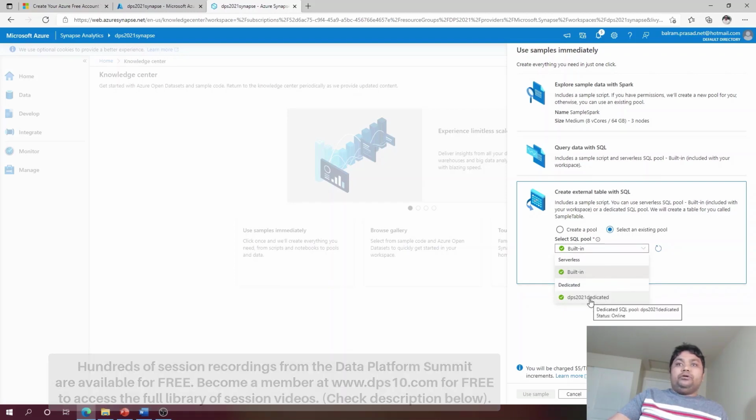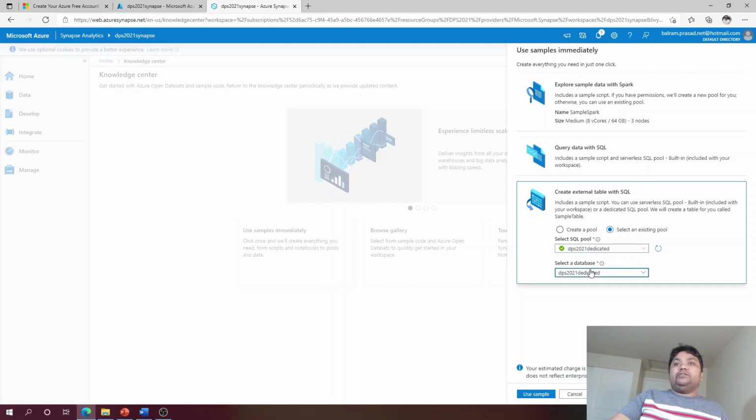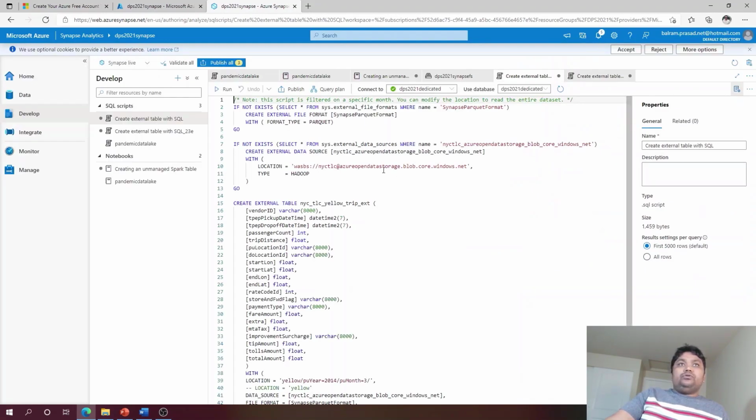We have two options, built-in and dedicated. I'm going to select dedicated, where it also gives the option to select the database. So I'm going to generate this, and it generates a SQL script, where all the SQL will be there. If we go into the details, it is going to use the NYC Taxi database, and that is an open